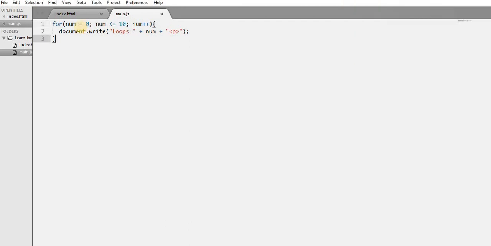So this is it. Alright, and to give you more explanation, I will just comment on this, so you can pause this and check this out. So the first statement is the initial value, and the second statement is the condition that you are going to set for the loop to work, and the last statement is going to either be an increment operator or a decrement operator.